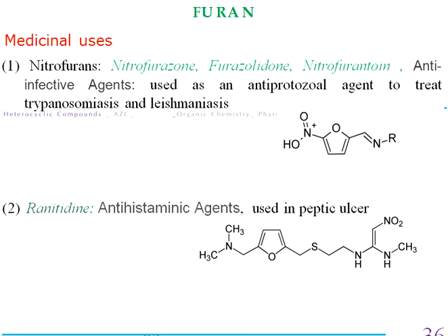Now comes the medicinal use. Nitrofurans. There are many drugs which have nitrofurans in them. For example, furazolidone, nitrofurantoin. These are anti-infective agents, mainly used as anti-protozoal agents to treat trypanosomiasis and leishmaniasis. So these two